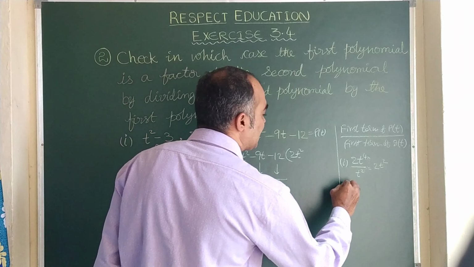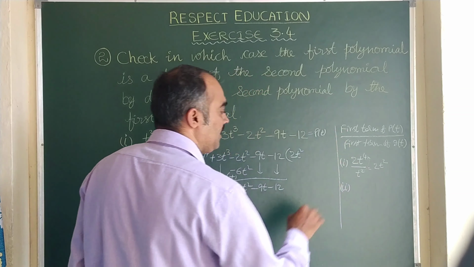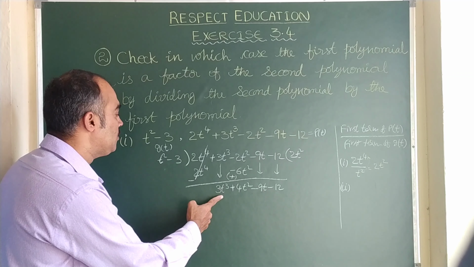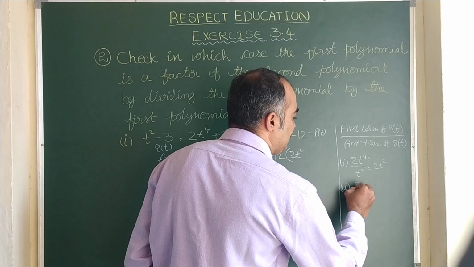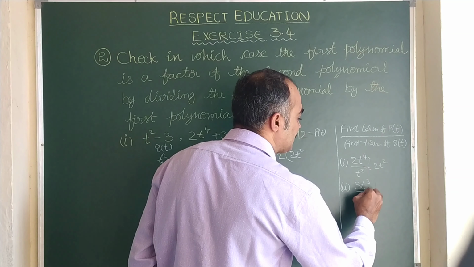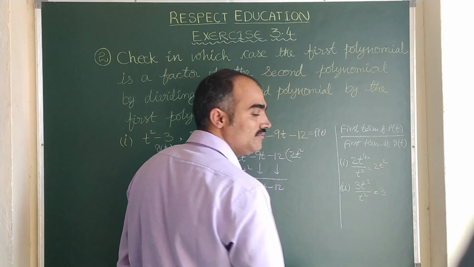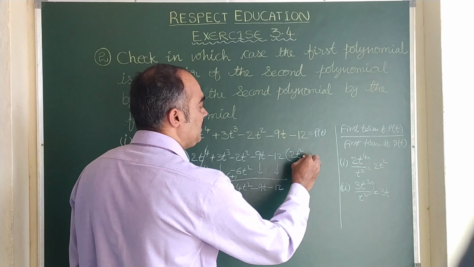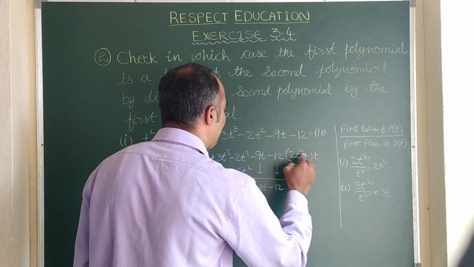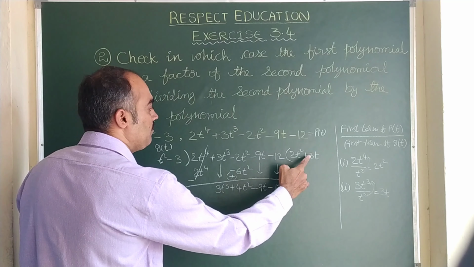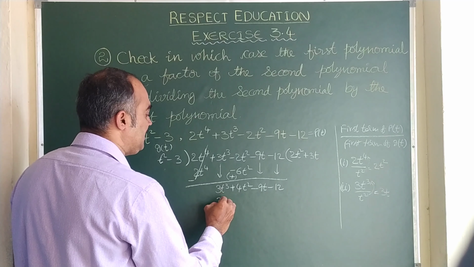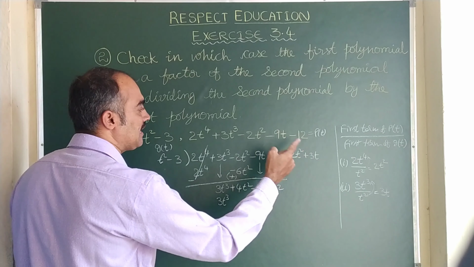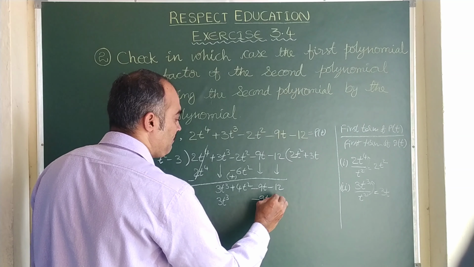Now we are going to find the second term of q of t. At this stage what is the first term here? 3t cube. 3t cube by t square. Let us write 3 as it is. Here 3 minus 2 is t. So here it is plus 3t. Multiply with these two terms. Plus 3t into t square is plus 3t cube. Let us write 3t cube only. Minus into plus is minus. 3 threes are 9. It is minus 9t.